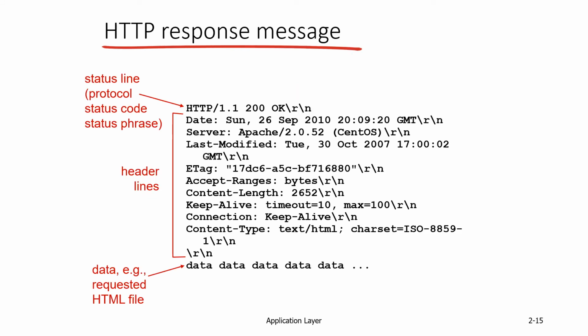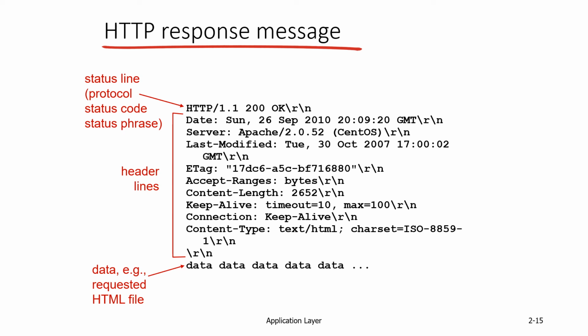So once again, the HTTP response message, the first line is important. We are using HTTP, version 1.1. 200 is something called a status code, followed by OK. And then the date, the name of the web server that you are using, Apache. If you are using any form of tagging, that is going to be included. The ranges, the bytes, the length of the content, that is the total number of bytes.